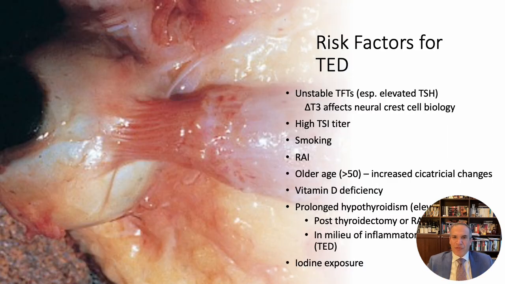So what are the risk factors for thyroid eye disease? Number one is unstable thyroid function tests. If the thyroid hormone levels fluctuate, what I refer to as brittle thyroid disease, borrowing terminology from diabetes. If you have unstable thyroid function tests, where sometimes the TSH is too high, too low, too high, too low,